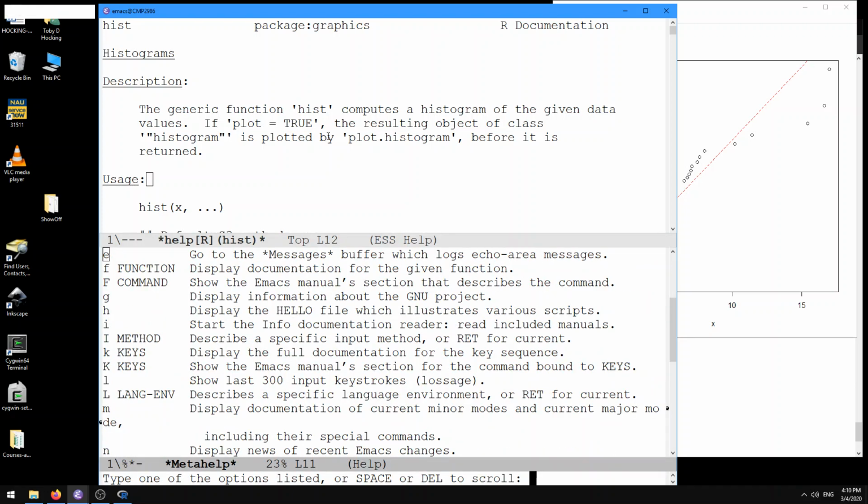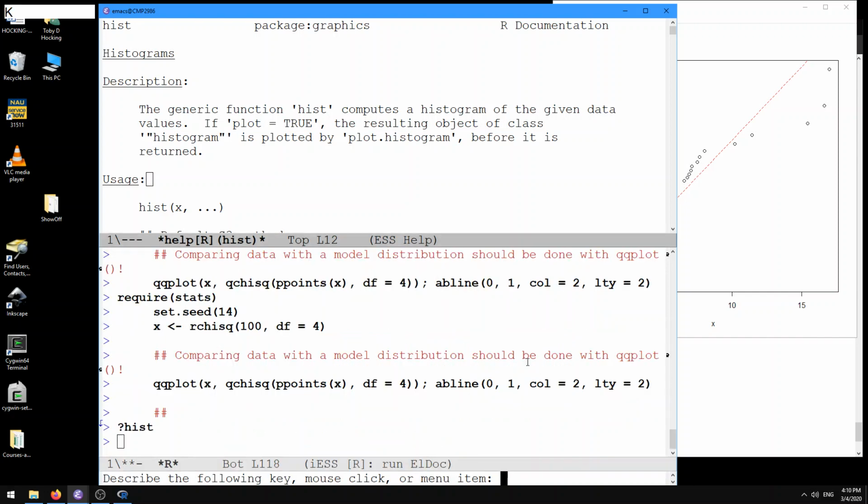And remember, we went back down to this, and we typed the M to display documentation of the current minor mode and current major mode, right? But another way to get the same information would be the K key, right? Display the full documentation for the key sequence. So if we type a little K here, in the mini buffer now it says describe the following key, mouse click, or menu item. So now if we type, for example, the Control C,